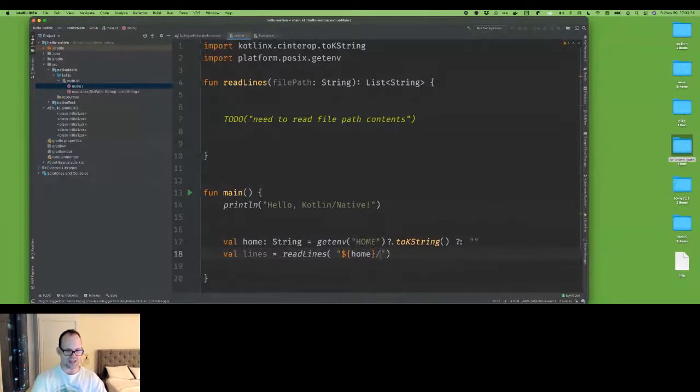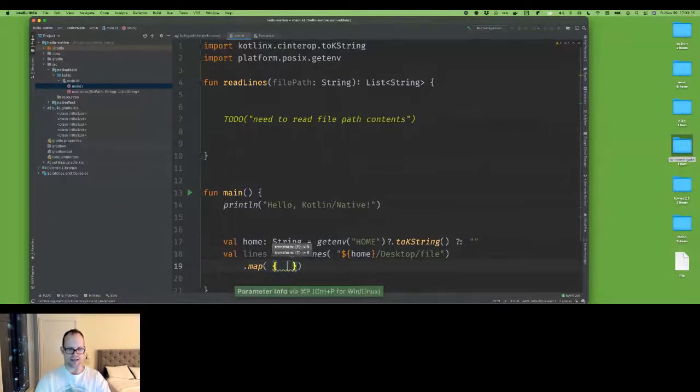Obviously, this is just for the native code, and yet I'm doing these very high-level things. So I'm going to go to the desktop directory, and the desktop directory called file, right? That's the file I want to read. And so I want to get the lines, and I'll have lines, and I'm going to say, let's map each line, because remember, I'm getting back a list of string, right? So I can visit each line that I get back here, and I'm going to take each line out, and I'm going to say, okay, for each line,